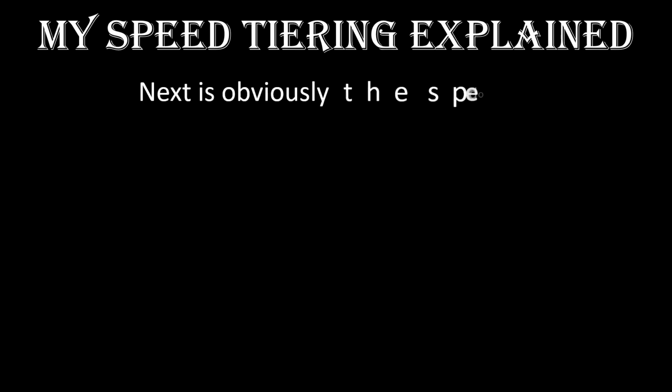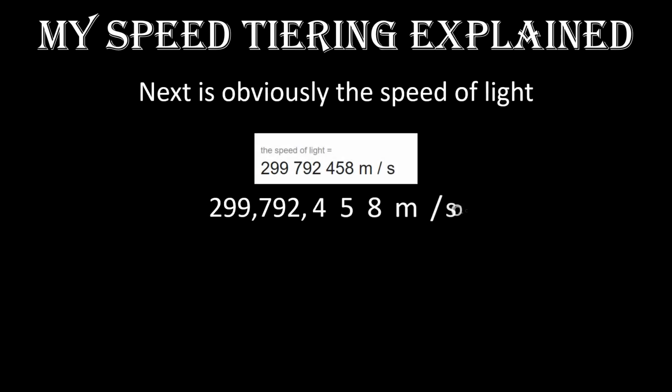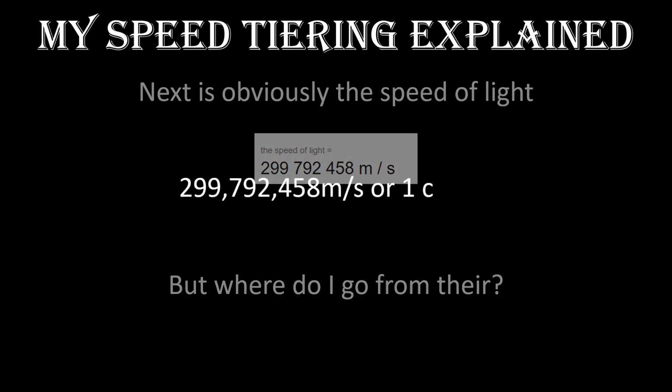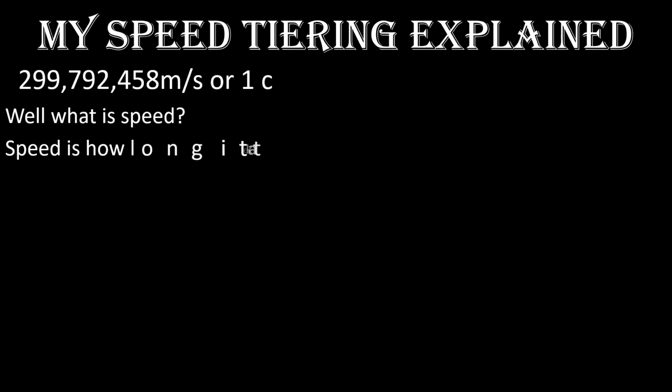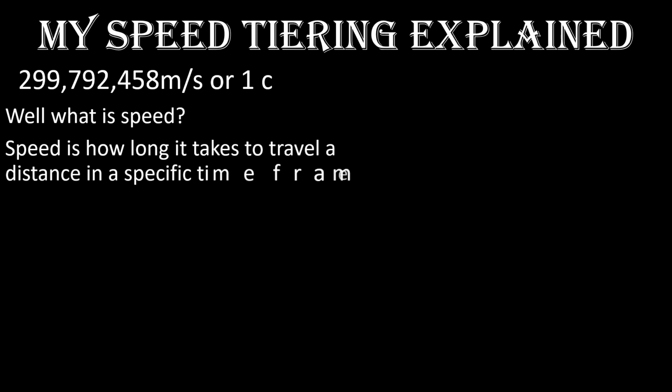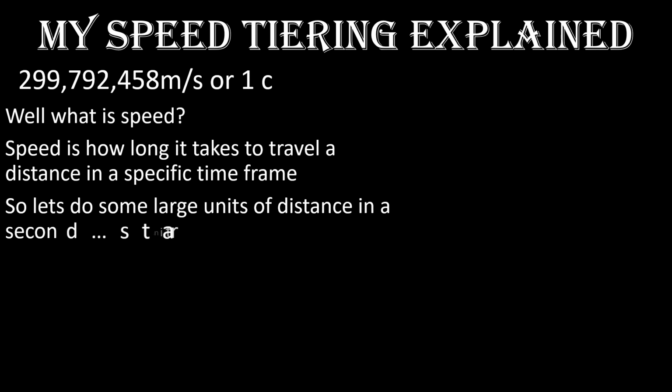Next is obviously the speed of light. 299,792,458 meters per second or 1 c. But where do I go from there? Well, what is speed? Speed is how long it takes to travel a distance in a specific time frame. So let's do some large units of distance in a second, starting with a u. A u is